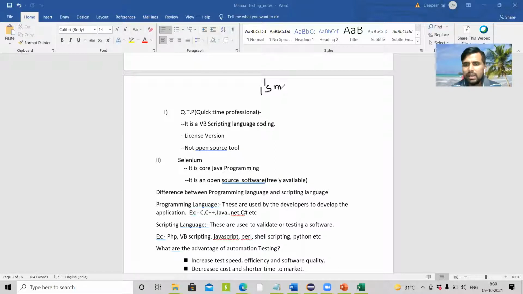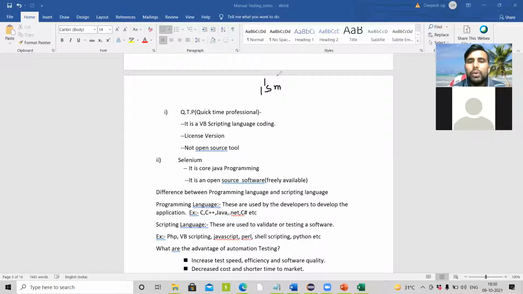We have around 10 features approximately, just as an example I'm taking. So how many minutes for the total application? 150 minutes. That means 2.5 hours to test one application, just as an example for 10 features.